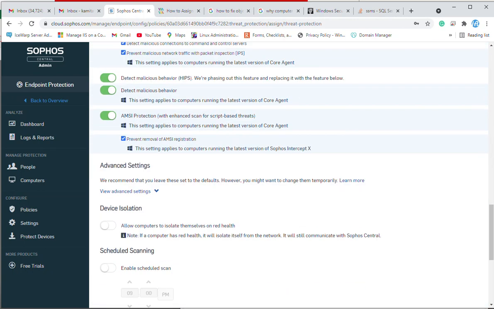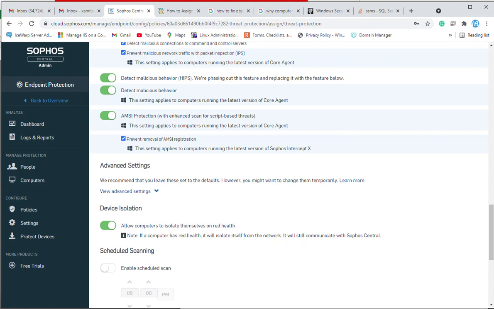And now this is the device isolation. This is a really interesting thing. If in case any system has been compromised, it will isolate the system from the network, so no one can access the system. And it cannot spread over the network.